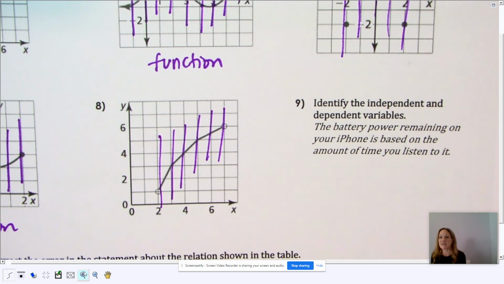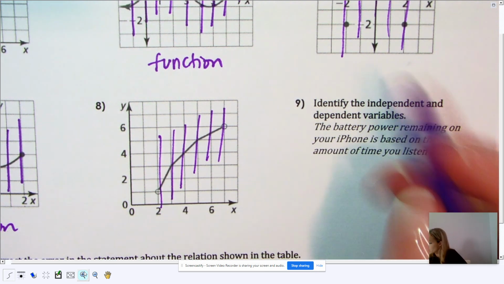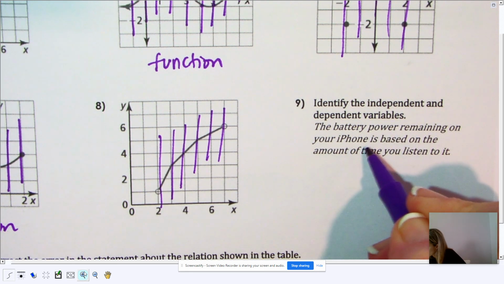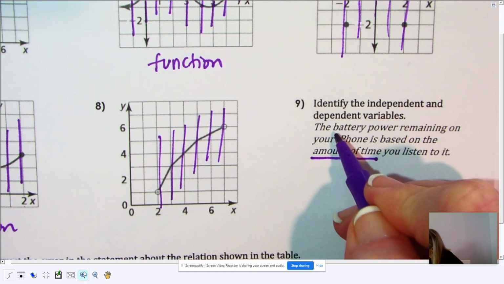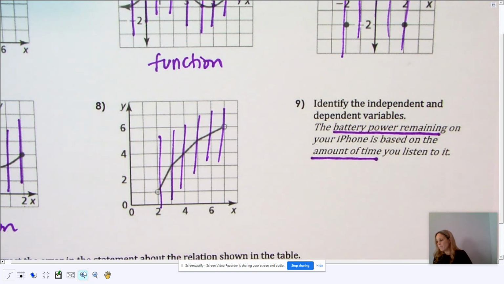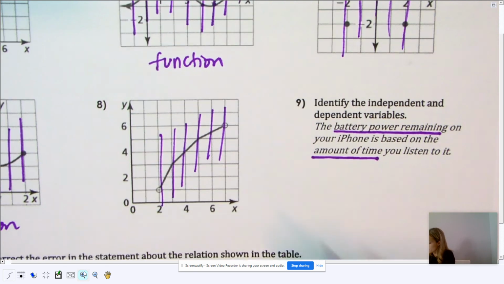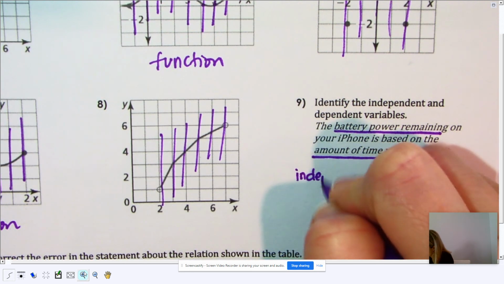Question 9, this says identify the independent and dependent variables. The battery power remaining on your iPhone is based on the amount of time you listen to it. Okay, so which one of those influences the other one? Well, however long I listen to it is what I get to decide. That's the independent variable. I don't get to decide how much battery power is left, right? That depends on how much time I listen to it. Okay, so you would say independent